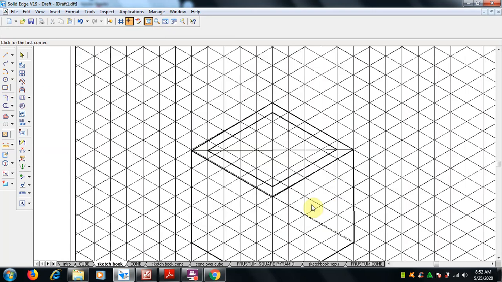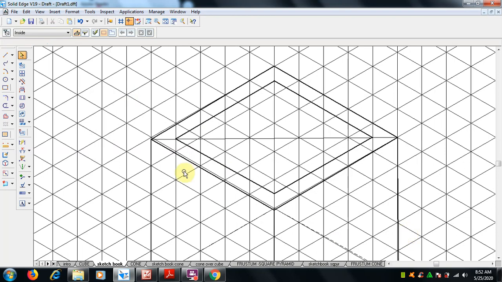I'll show only one. Now select the line from this corner to the new one which we have drawn, right? So the middle point, maybe approximately here. Yeah, this is the midpoint of that line.